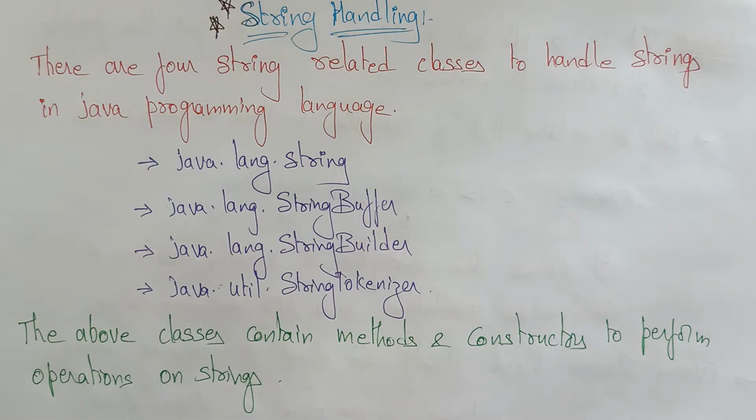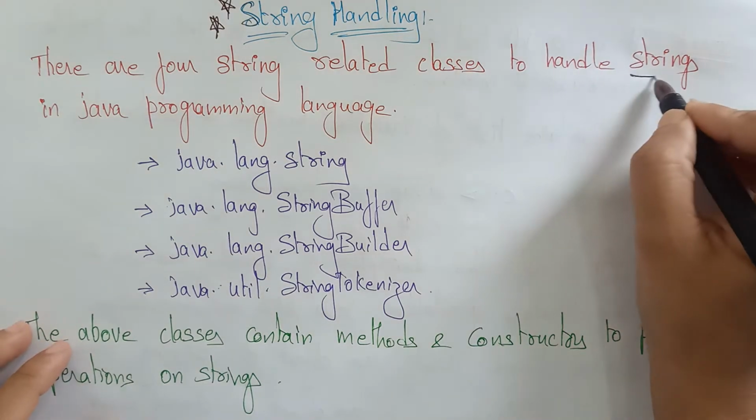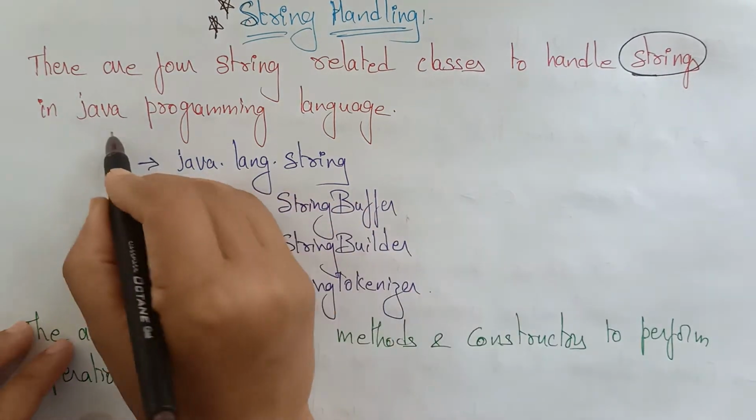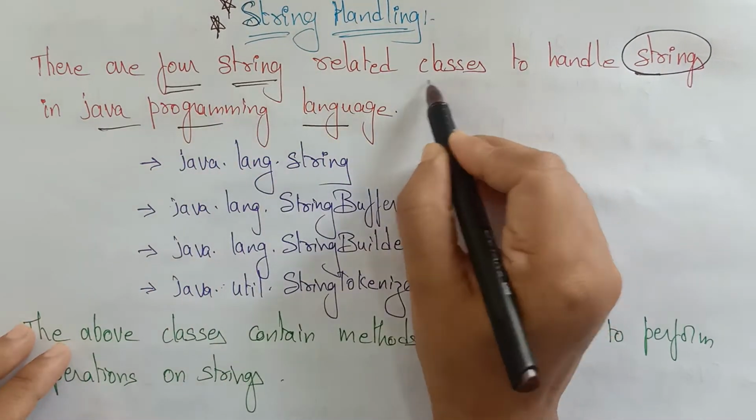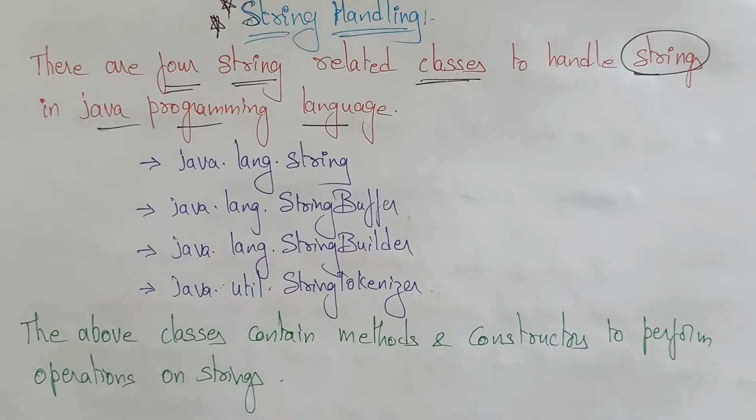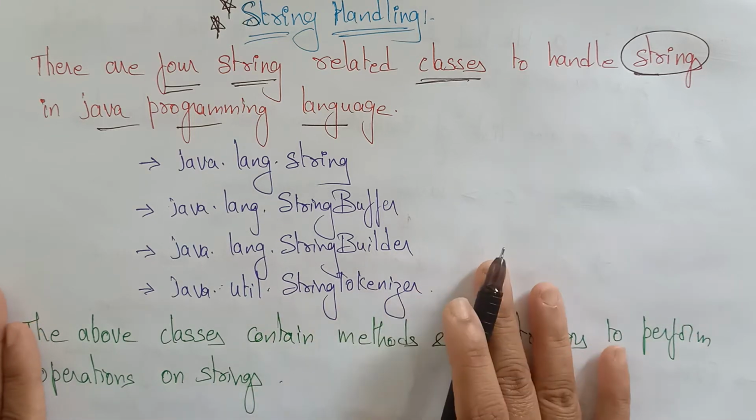There are generally 4 string related classes that are present to handle strings. If you want to handle strings in the Java programming language, there are 4 string related classes present. If you know those string related classes, then it is easy to handle strings in Java. So those 4 string related classes are